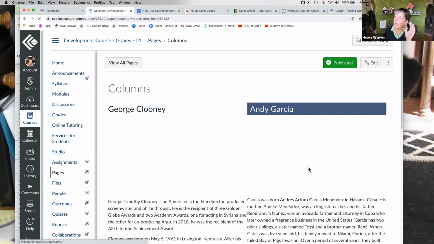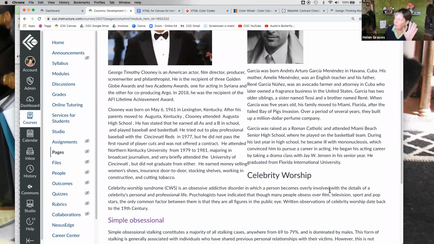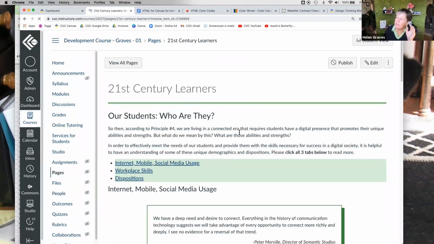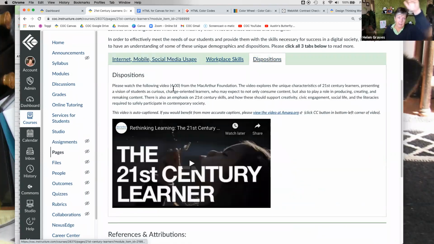Tabs are another nice feature. Oh, here's what columns look like. We didn't have time to go into that, so don't worry about it. But tabs is another nice feature for a page design where they don't have to scroll. It's semi-advanced and kind of lengthy to explain, so we have a separate tutorial that's just focused on tabs. I'm going to be doing that on Wednesday, November 17th at 9 o'clock. If you want to come, I will be recording it, so you can also watch the recording.